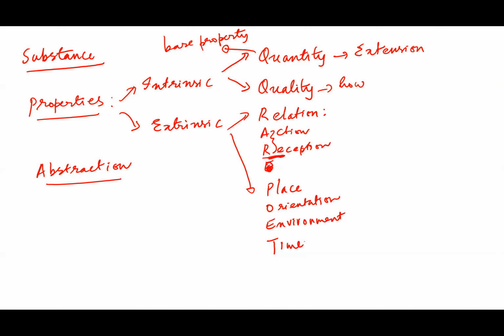You can think about place, lexical, right? I'm here, you're there. Orientation: up, down, pointing this way, that way. And then what is surrounding you, right? For example, for a fish, the environment would be water. For you, it is air, other people, right? And then finally, we have seen time, right?